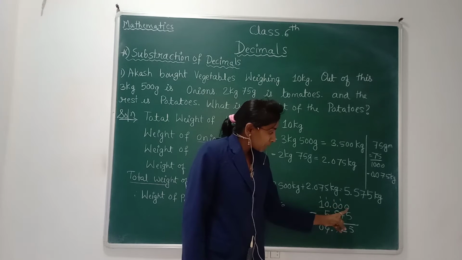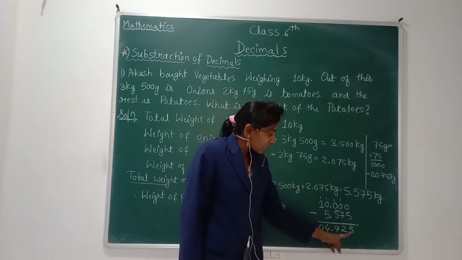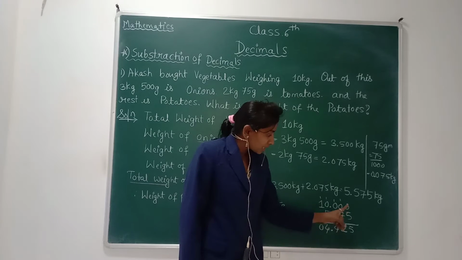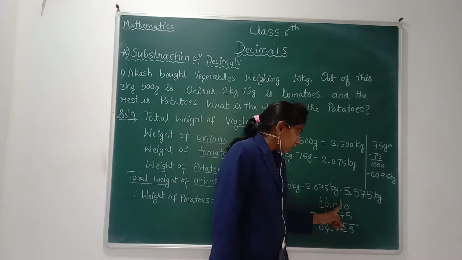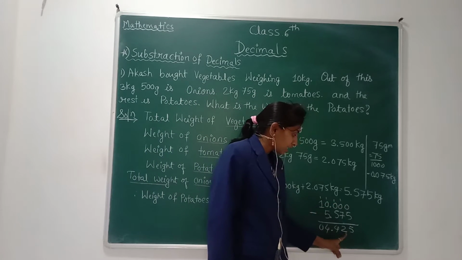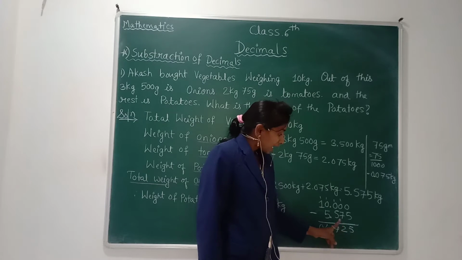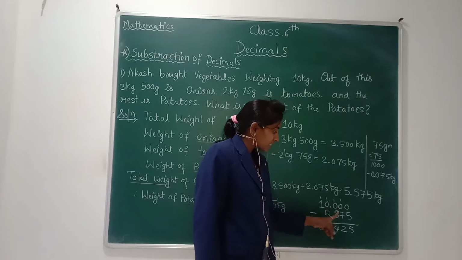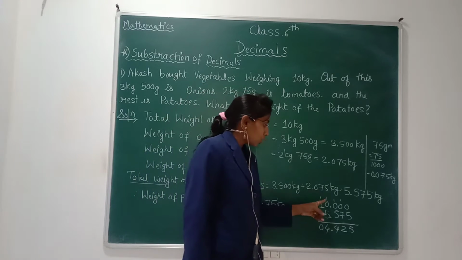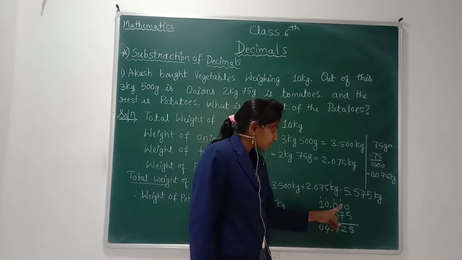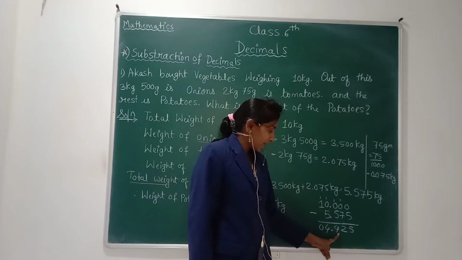So 10 becomes, in 10 if you subtract 5, 5 remain. Again in 0, this 7 and this 1 carry means 8. In 0, 8 is not going, means take one more carry. So in 10 if you subtract 8, 2 will remain. Again this 5 and 1 carry 6. In 0, 6 will not go, so take one more carry. So in 10 if you subtract 6, 4 will remain.